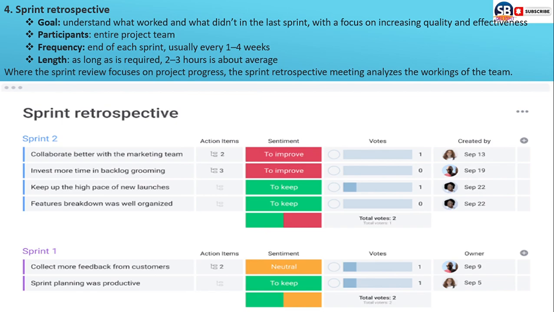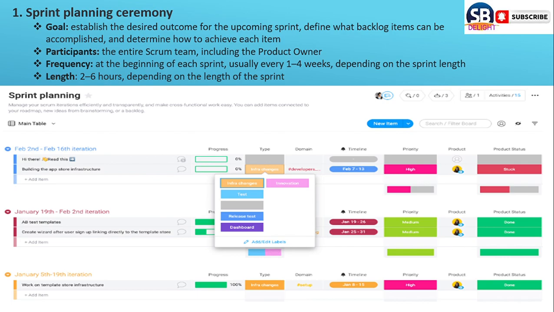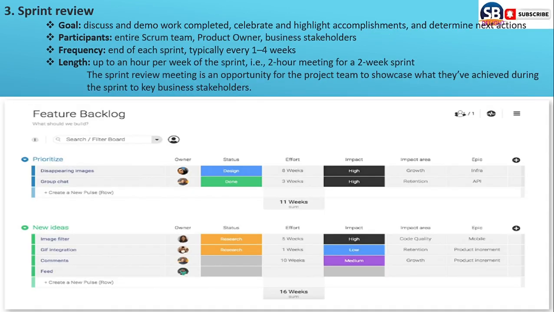This is what we discussed prior, one by one: sprint planning, daily Scrum ceremony, sprint review, sprint